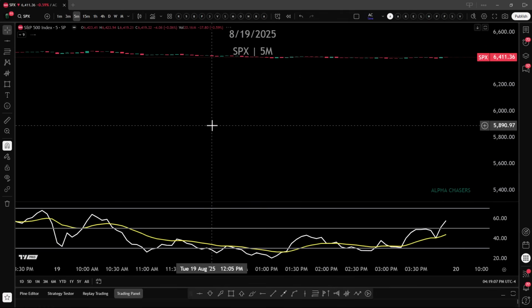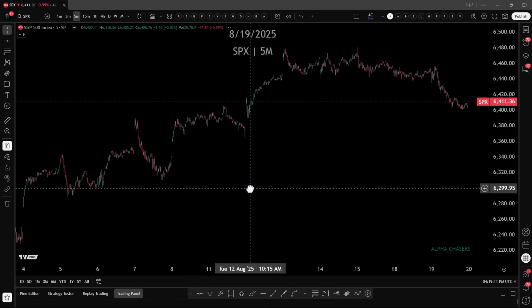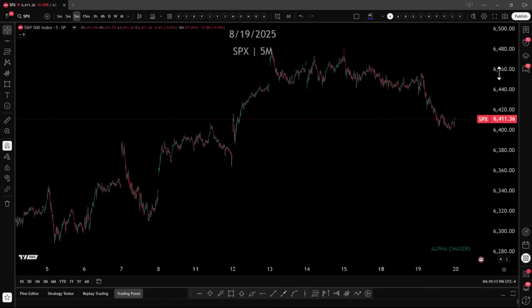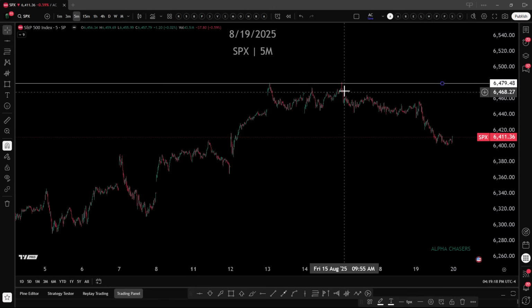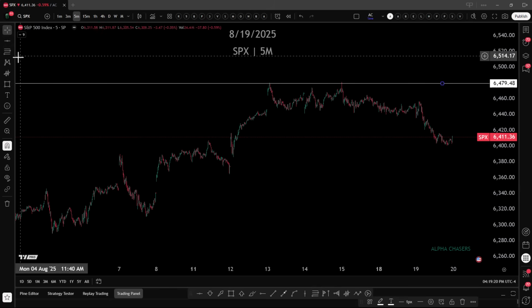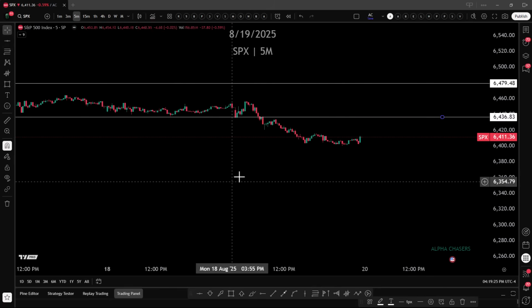Let's drill into this on a 5-minute just so we can all watch it. Get rid of the RSI very quickly and just take a look at how this has been playing out the past 2 days. And we can see it. It's not really that hard to see where this level came up, rejected, and since then you've had nothing but selling. But I want to focus on the last 2 days because I think that's the most important on what's